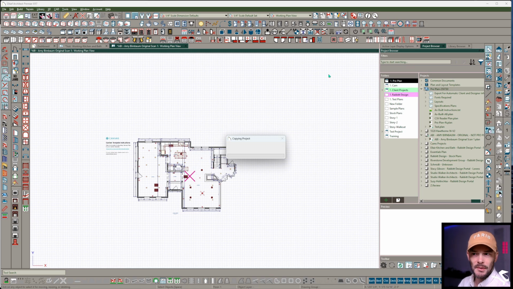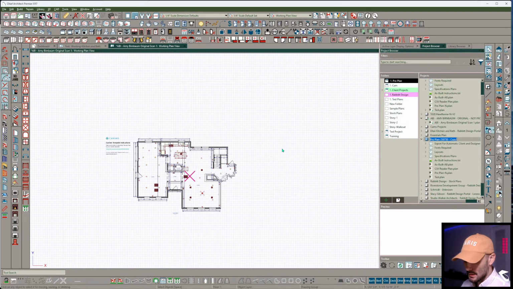Oh, that's because I had a test plan open. Haha. I'm going to say yes to that. I'm copying the project now. In this case, I'm not going to worry about what it's named because this is going to get transferred back to the original person. And then after I've done that, I just get to open up Pro Plan-N,